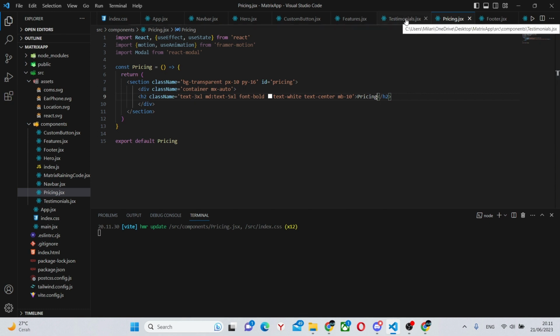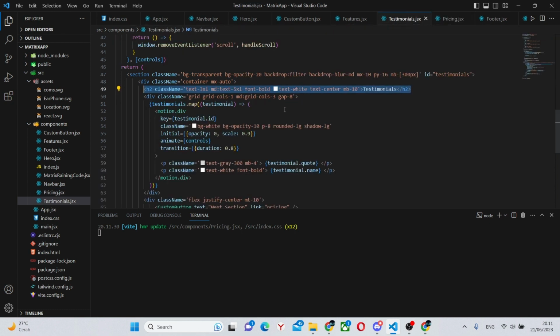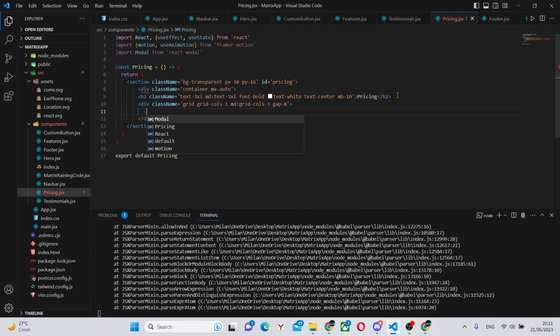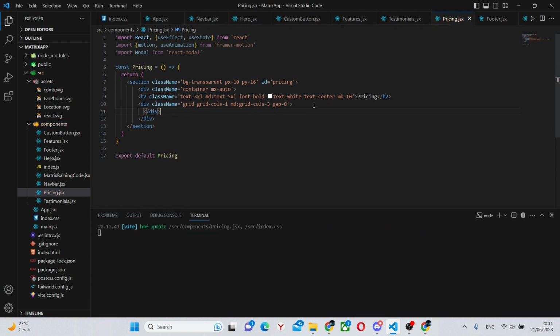Under here, we will have the same thing with our columns and the grid design, so we can also copy and paste this under which div? Under this div. And we can put the closing div over here. In here, we will in fact map some stuff as before. But before we can do that, we need to actually create the things that we are going to map.